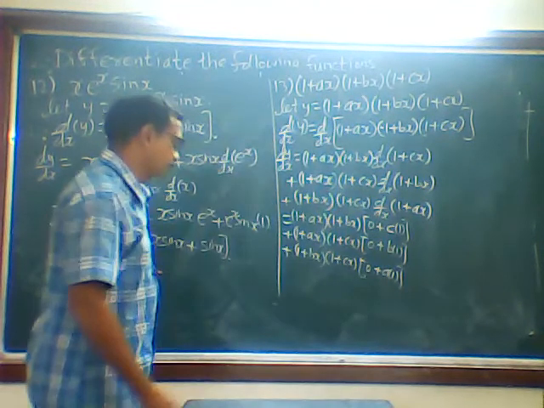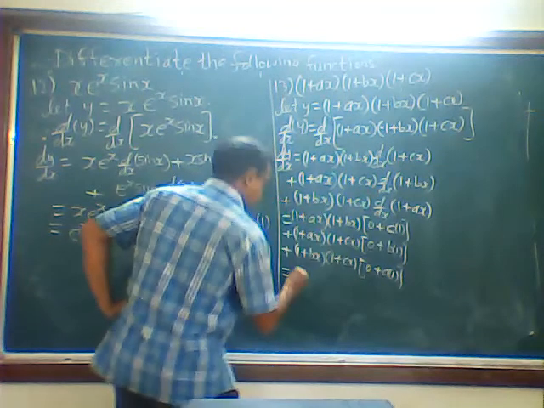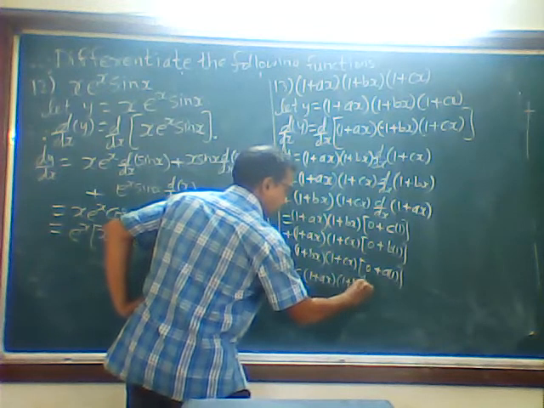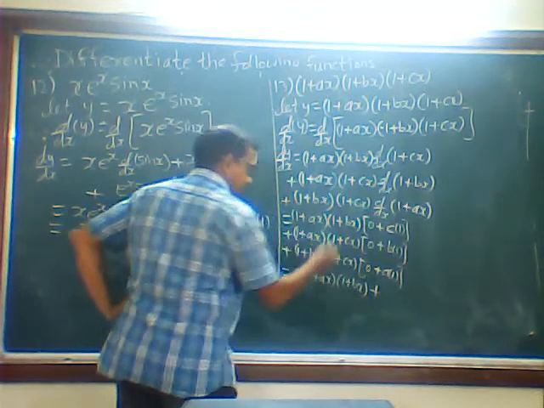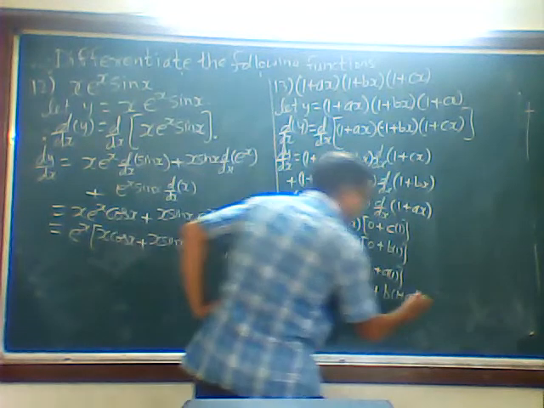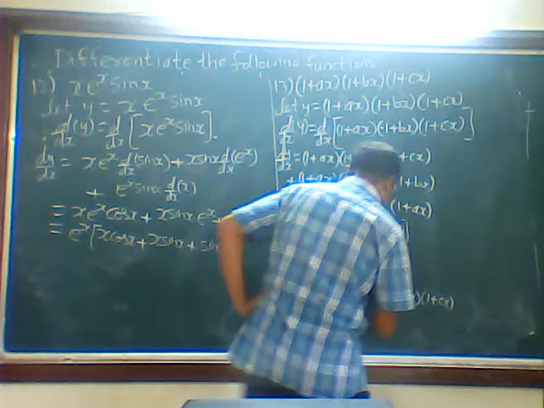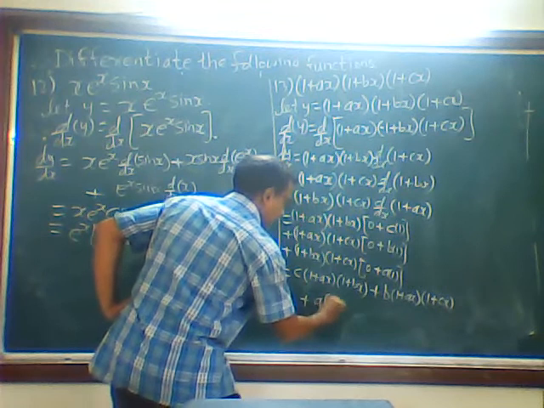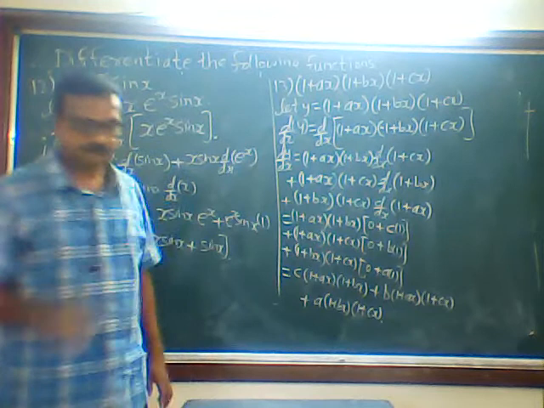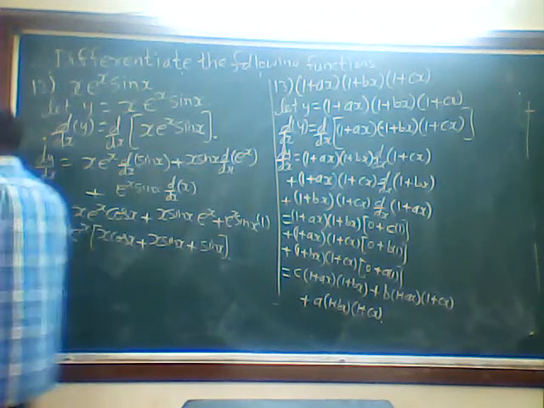That's it. If you want, we can simplify again by writing what? Now 0 plus c is c only. We will write here c times 1 plus ax into 1 plus bx, plus b times 1 plus ax into 1 plus cx. Okay, next plus a times 1 plus bx into 1 plus cx. Got it? This is how it is. You can go through the two problems.